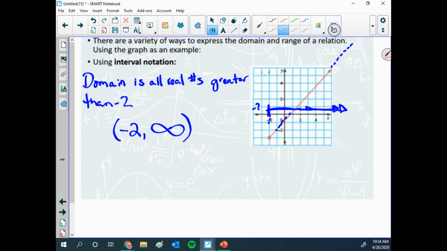Now I'll do the range. So what's the lowest number I can be down on this graph? Well, the corresponding y value at this point is -3. How far up can I go? Well, we said this graph goes up and over forever, so this is just going to keep going forever and ever up because I can find any corresponding y value up here. So to express that in words, the range is all real numbers greater than